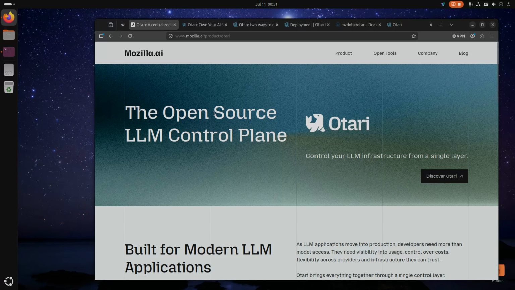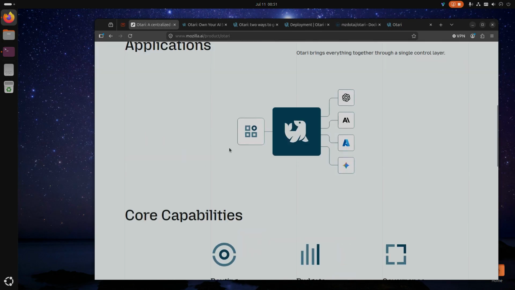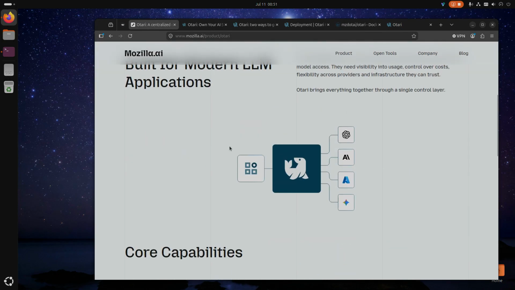Today we will learn about Otari, which is an open source LLM control plane. One of the requirements as to why the need for its creation was whenever organizations, developers, and anyone who accesses OpenAI, Anthropic, Azure, and other providers like Gemini,